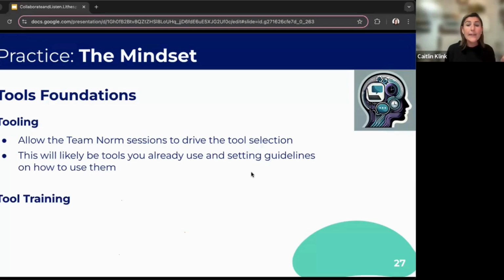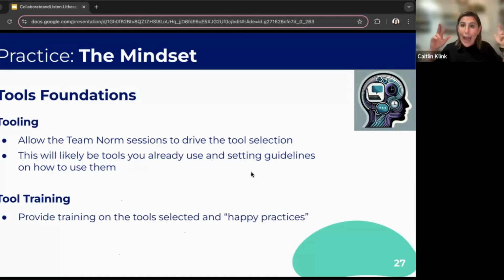It also might be that people don't know how to use the tools that you have. And depending on the level of psychological safety at your organization, it's very unlikely that someone's going to raise their hand and say, I don't know how to use whatever tool that you've been using for 10 years. That's probably not going to happen. So reflect as a team or as leadership, what are the happy practices?